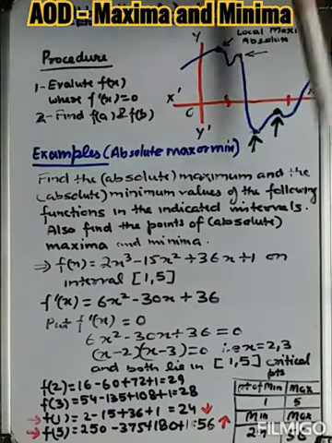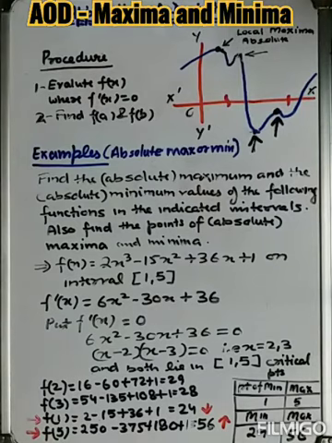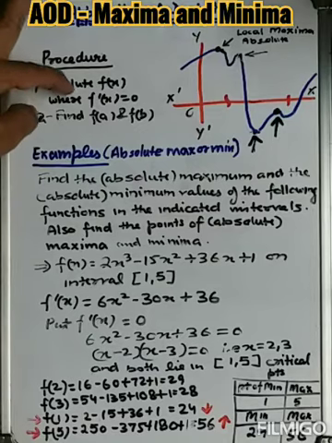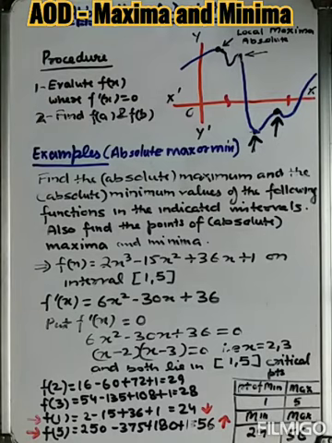So let us discuss first how to find the absolute maxima and minima. The procedure says that the function, whatever equation is given to you, should be differentiable. The steps we have to follow: first see whether it is differentiable or not. First we have to check differentiability, then move on to the next point. What do we have to do? Put the differentiated equation equal to 0. Clear? By doing that, we get the turning points.